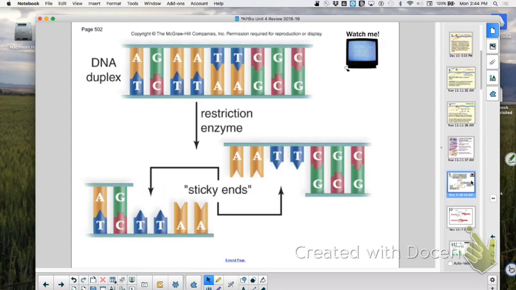Restriction enzymes cut at a specific series of bases called a recognition sequence, and oftentimes they're called what where they cut? Starts with a P. Palindrome. Reads the same way forward and backwards, like race car. Remember that? Okay, so let's try again. Restriction enzymes cut at a specific series of bases called the recognition sequence.